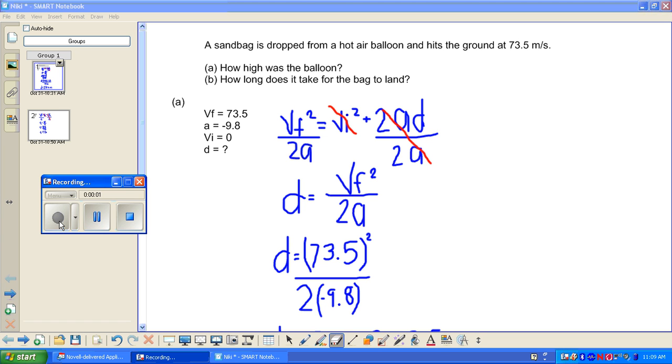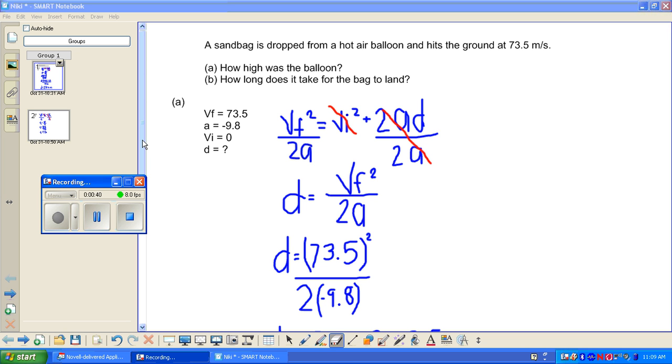Jet's problem, question number 2. A sandbag is dropped from a hot air balloon and it hits the ground at 73.5 meters per second. For letter A, basically we first found the list of givens, and 73.5 meters per second is the final velocity. The acceleration is always going to be negative 9.8, and since we don't have an initial velocity,